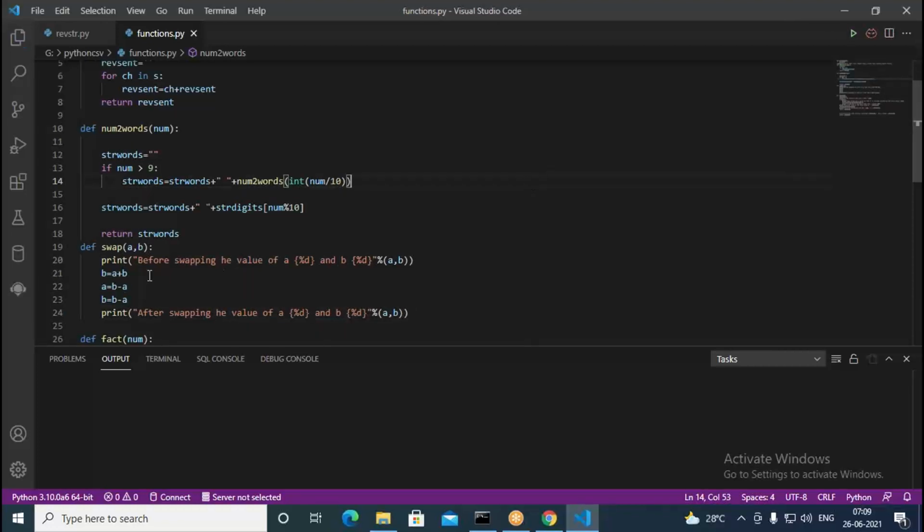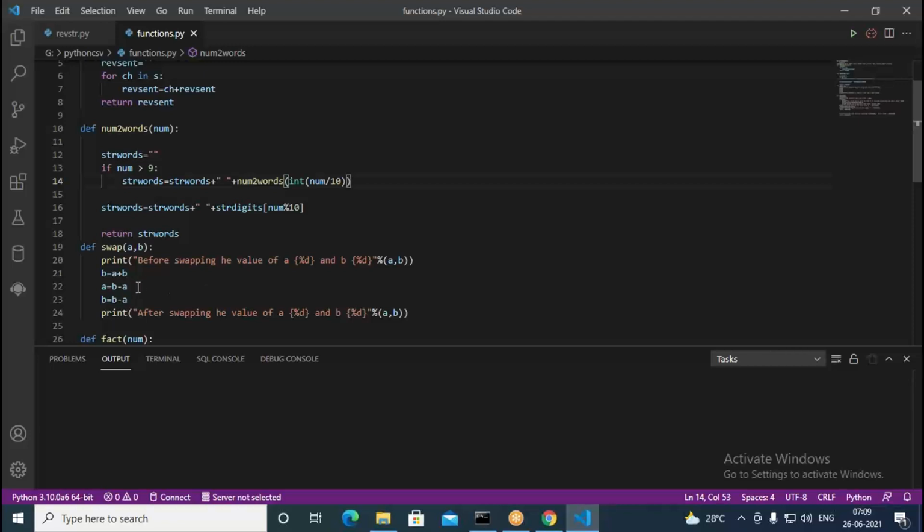So let us see how this works. I have entered a equal to 5, b equal to 10. So initial values are 5 comma 10. Next, b equal to a plus b. So 5 plus 10, how much do I get? B equal to 15. Now a value is 5, b value was 10, b equal to 15 we are getting.